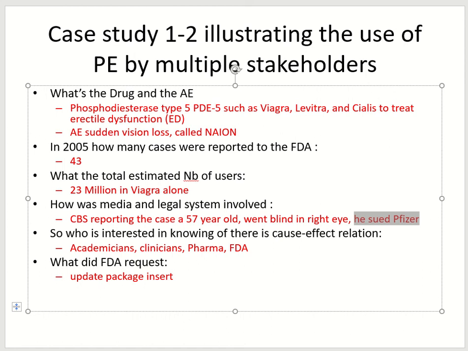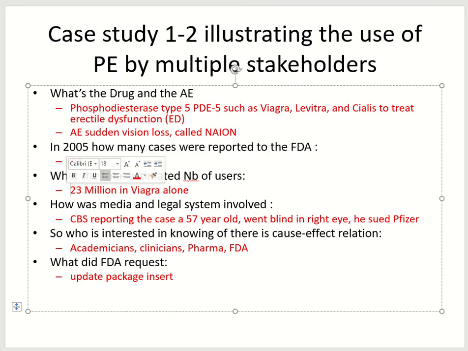Well, phosphodiesterase type 5, or PDE5 inhibitors, such as Viagra, Levitra, and Cialis, are used to treat ED, and have been associated, a link or safety signal, with something called sudden vision loss, or NAION. In 2005, 43 cases of NAION were reported to FDA. Okay, like we said, every time there is a safety signal, FDA will take action and investigate, but not automatically does it mean there is a problem. So they investigated, and